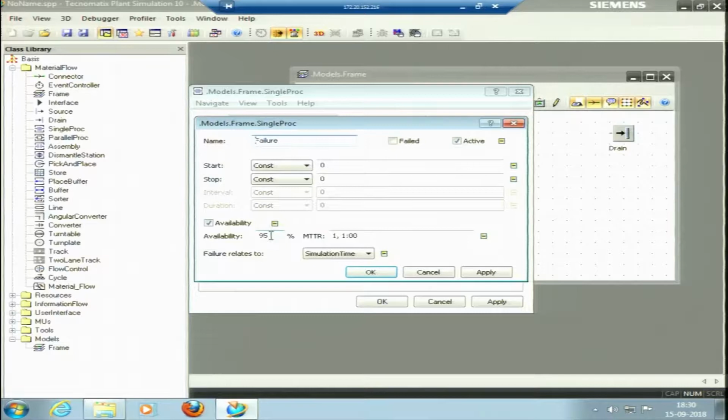of this process is 95%, that is for the 5% of the time it would fail, because in actual conditions for the 100% of the time the things are not available. So, for the 5% of time it might fail, we can change the availability depending upon the process we are working on. For instance, if it is an automated machine it can be available for the 99% of the time, and if it is some manual operation, let me say it is an operation where a human is involved.